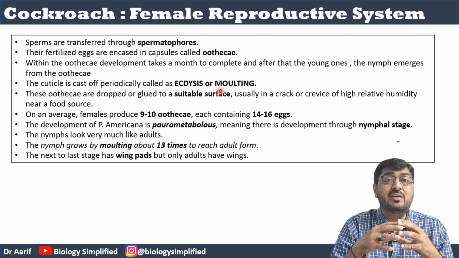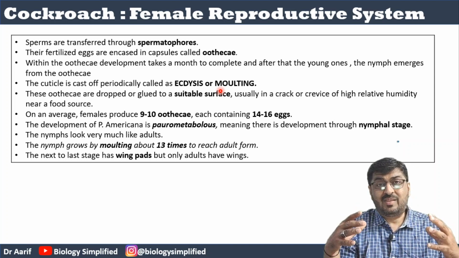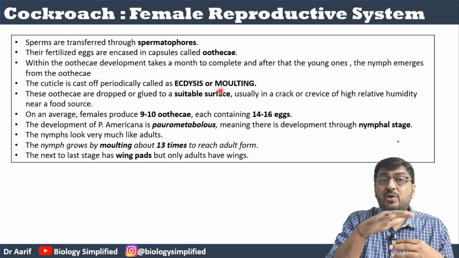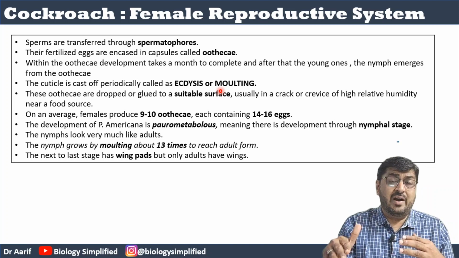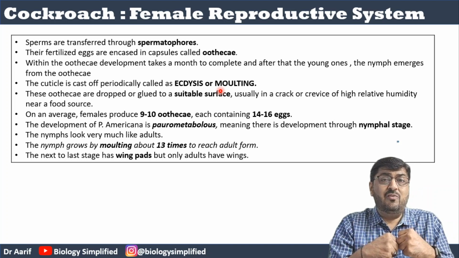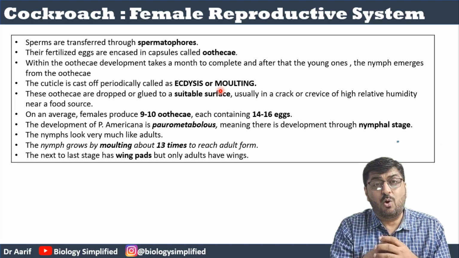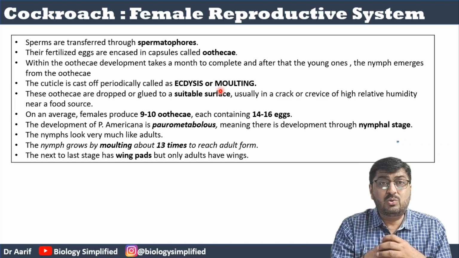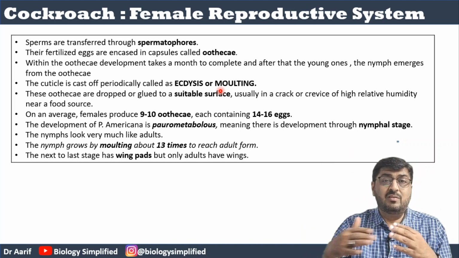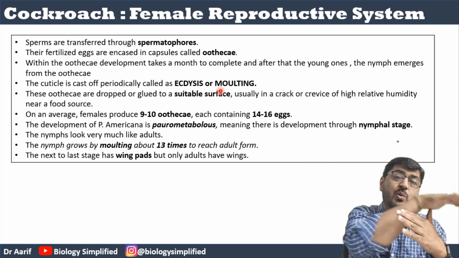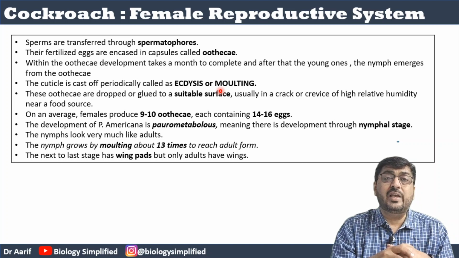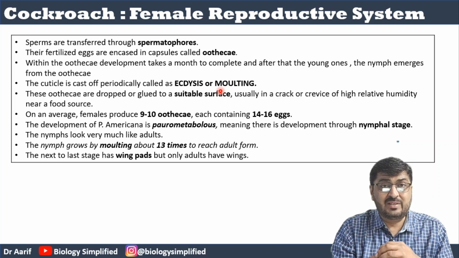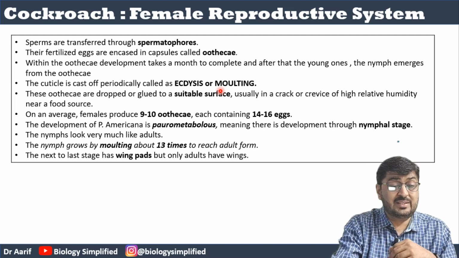So, when the nymph grows, right, physical growth होता है, cuticle hard है. So, because the cuticle is very hard, right, now it does not allow physical expansion of the cockroach. So, what does the cockroach do? Remove the cuticle, physical growth होगा, फिर से cuticle आएगा. That is called ecdysis or molting, which happens 13 times, right? We had mentioned this in one of the doubt solving sessions last time, I think so.